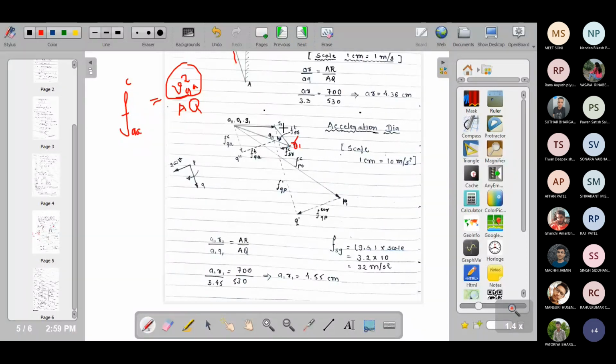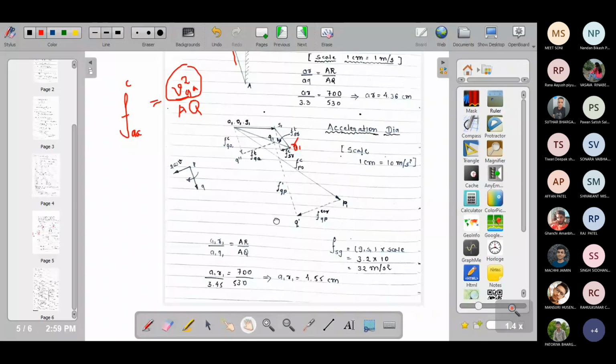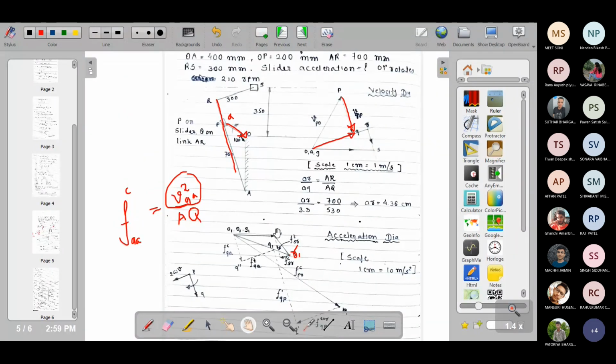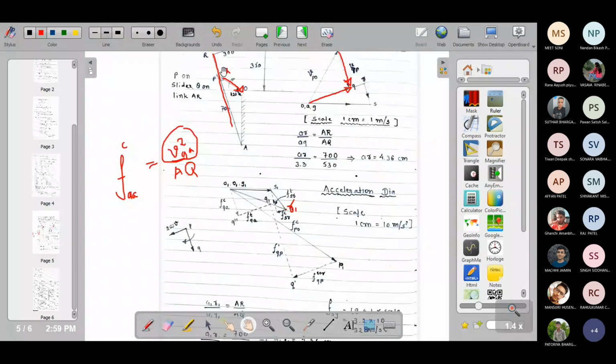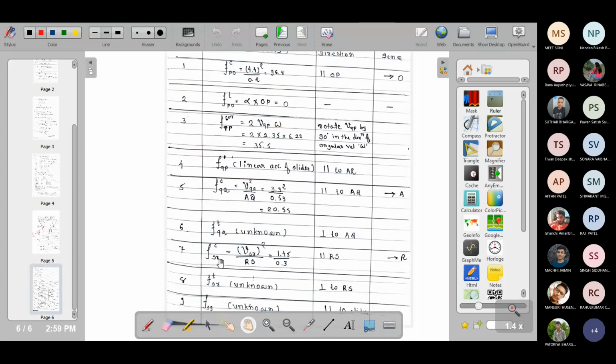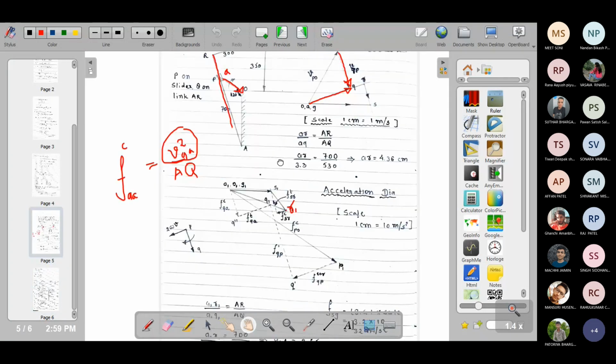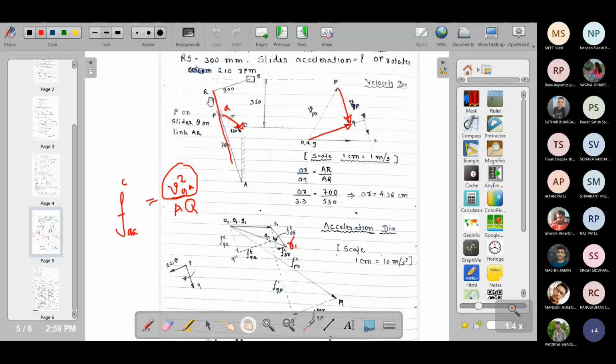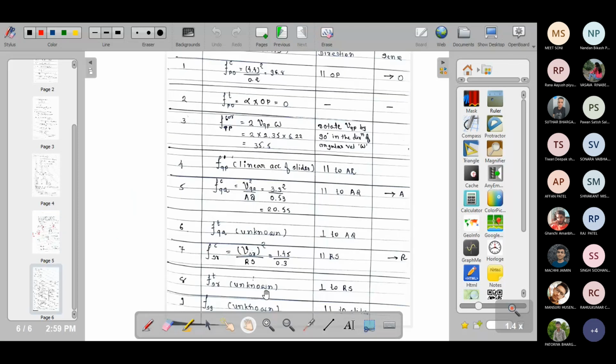Now I am interested in S1 because only last point it is left, it is S. So on acceleration diagram it is S1. Now again, this link, last link RS, it has two components. One is a centripetal component, a radial component, and another is a tangential component. So centripetal component, it is V square by R, but it is velocity of point S with respect to R. So this is V square.